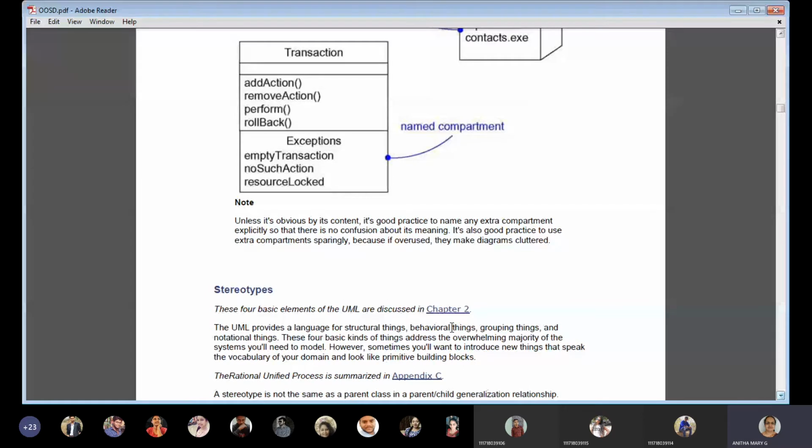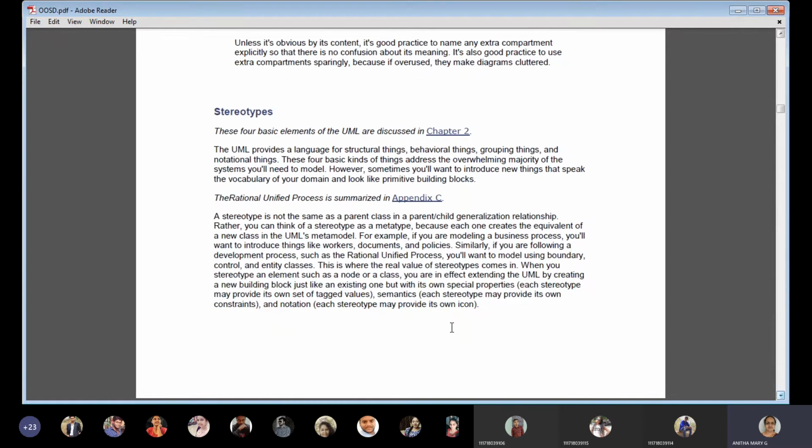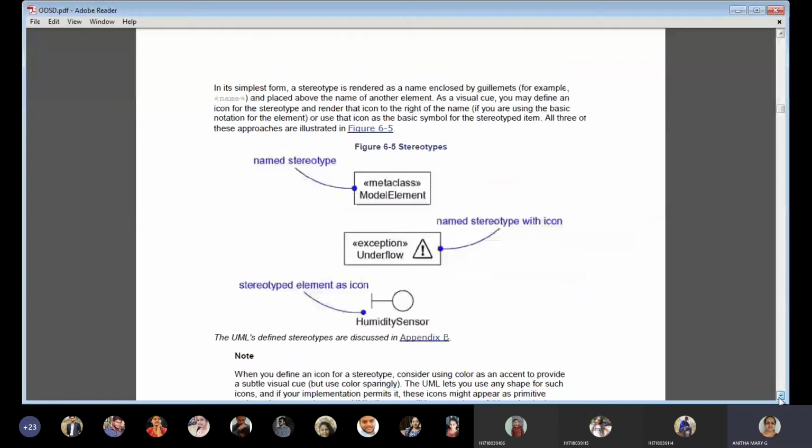Then moving on to the third one, stereotypes. Stereotypes can be given in 3 forms: named stereotype, named stereotype with icon, and stereotyped element as icon. When can we say named stereotype?